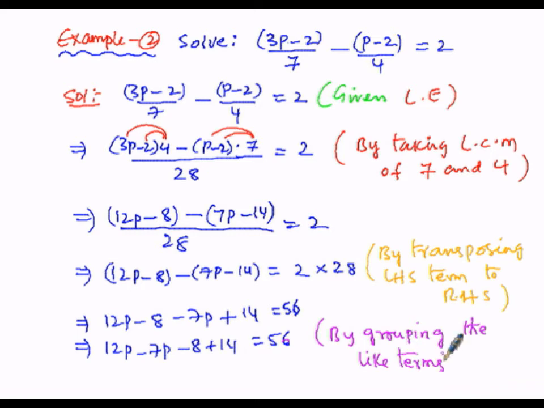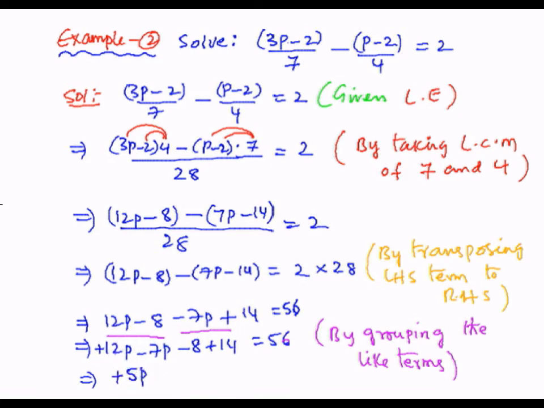Later, by further simplification, the like terms, that is 12p and 7p, must be simplified, and at the same time the constants 8 and 14 must be simplified. So 7p is negative and 12p is positive; to simplify it further, plus into minus is minus, so let us subtract. Greater minus least, 12 minus 7 is 5p. To assess the sign among 7 and 12, 12 is greater, so the sign is positive. So it is 5p with a positive sign.